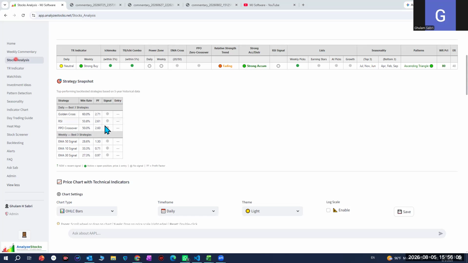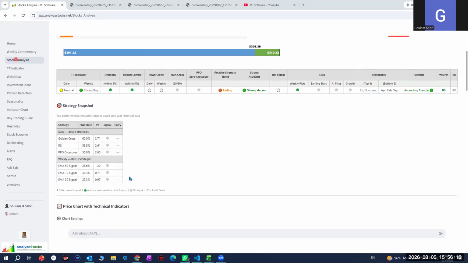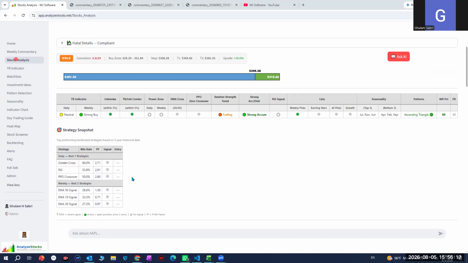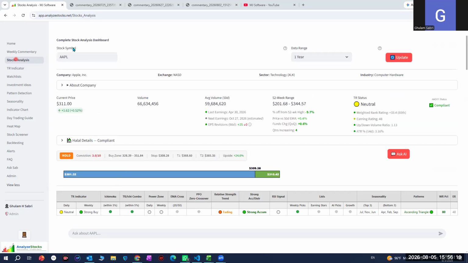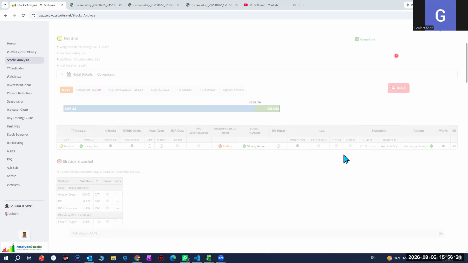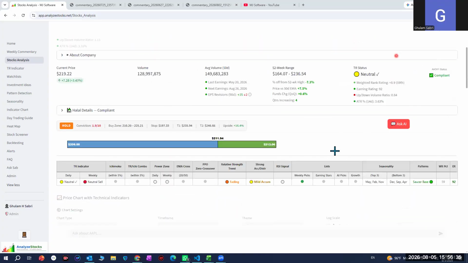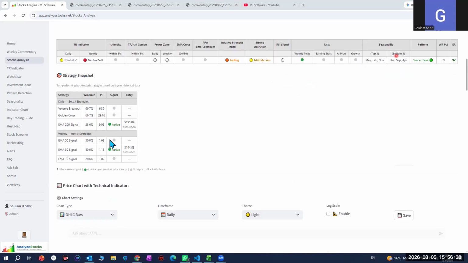If I have one or two green signals here, that will increase the conviction score a lot, and that will give me a very good basis to form an opinion. So for example, if I just move to NVIDIA here on our main analysis software, update this, and see what the backtest strategy is showing now. There are 13 strategies. It is telling me the 3 best strategies for NVIDIA, and 2 of them are green now,